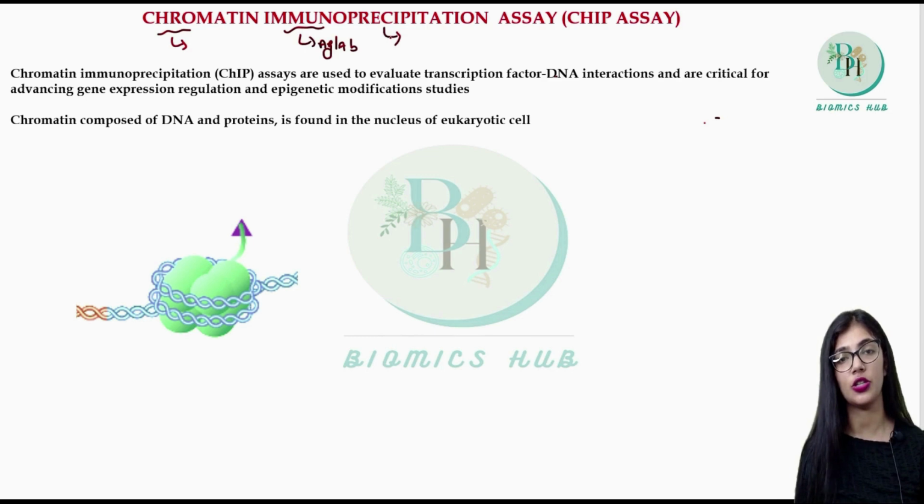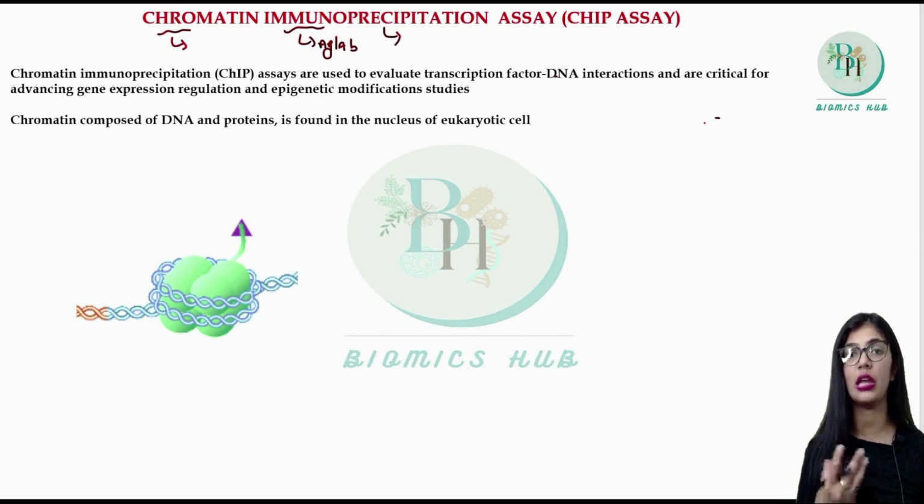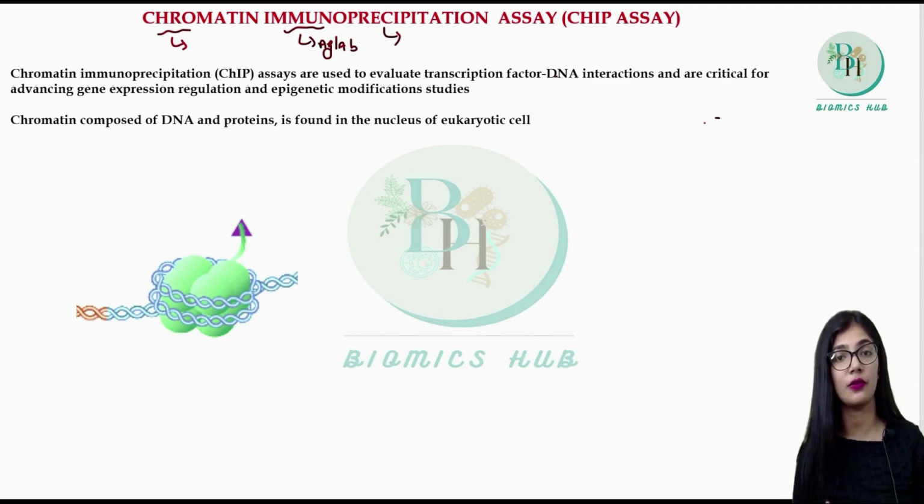Next comes the precipitation. This precipitation means that by the process of centrifugation or by using a magnetic field, we can separate two substances, that means soluble substances as well as insoluble substances. Whenever they are present in a solution, they are present together, but by using the centrifugation technique, we can form the precipitation. That means the soluble substances will be separated and the insoluble substances will settle down. So by using this type of assay, like the ChIP assay, we can study the interaction between the DNA and